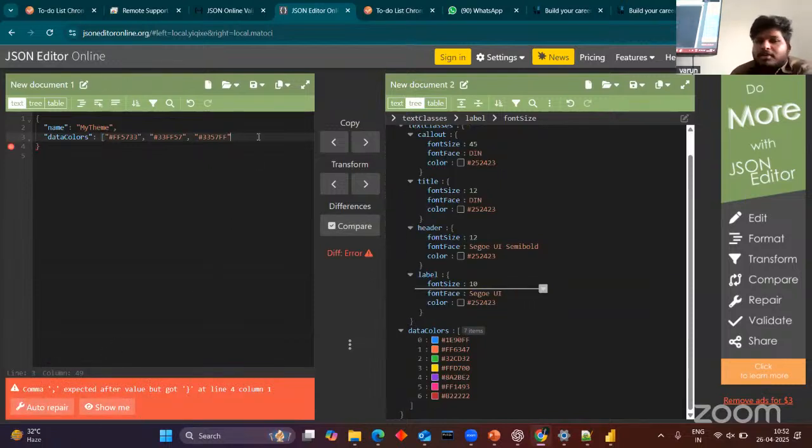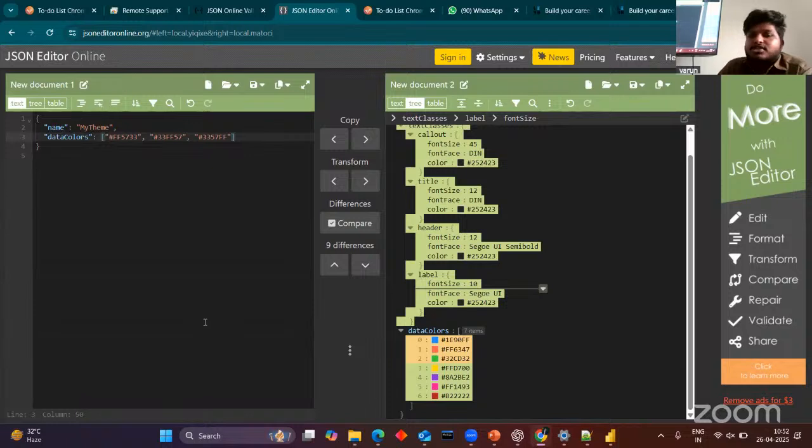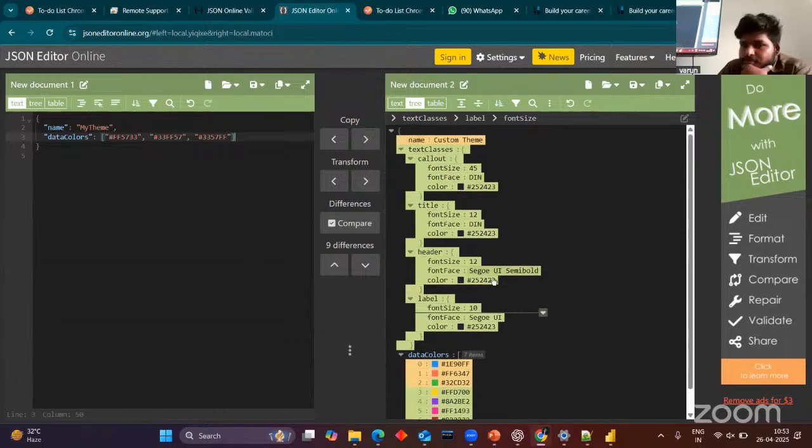So we can write our own code. If you have any errors, it automatically shows. If you have included any colors, we can see here that it shows the basic color. So that's it. This is the entire thing. And next,